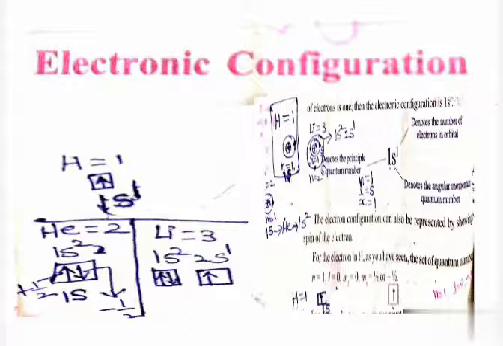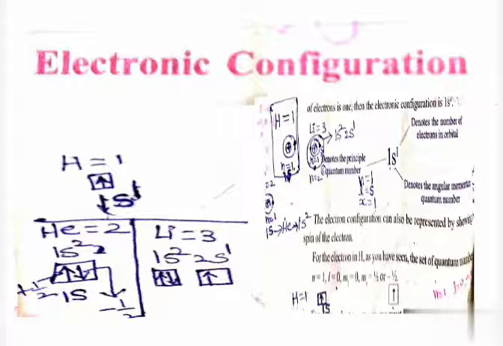Okay, 1s2. Its atomic number is 2, electronic configuration 1s2, no? How can we write that in the orbitals? Like this. It will occupy the first shell and subshell only, no? So one arrow upward and one arrow downward, meaning 2 electrons are there. We can write like this. Okay, next.